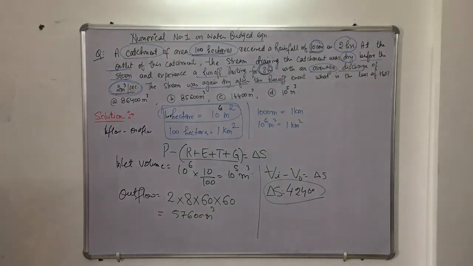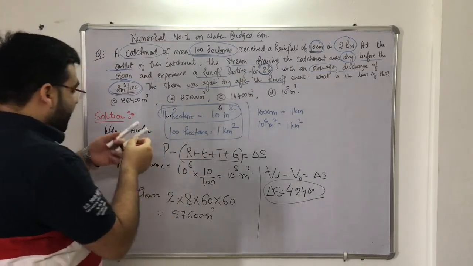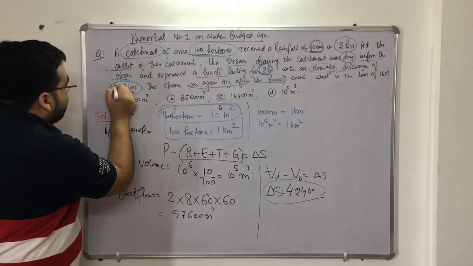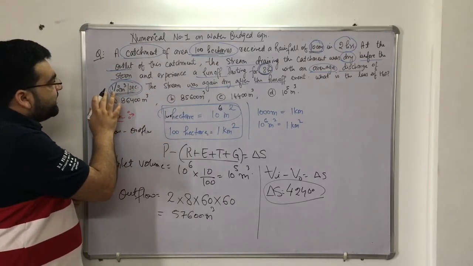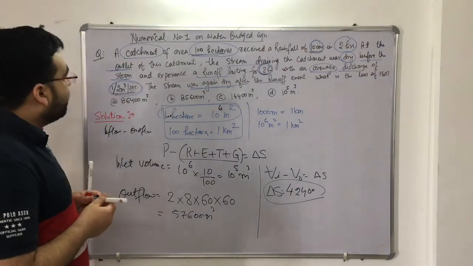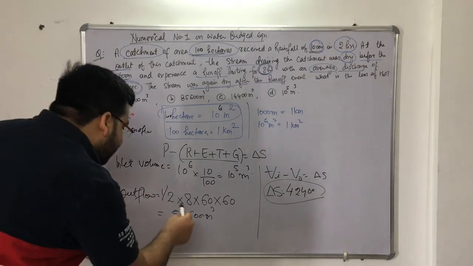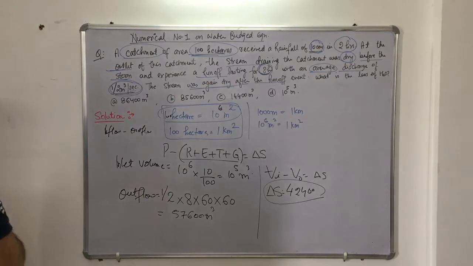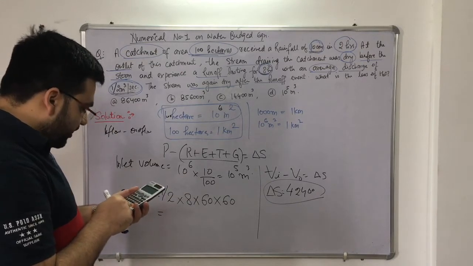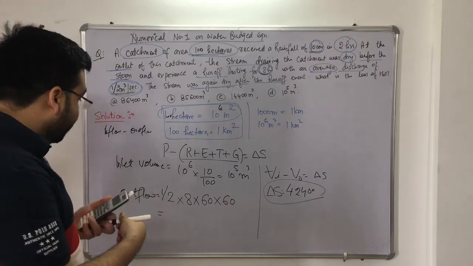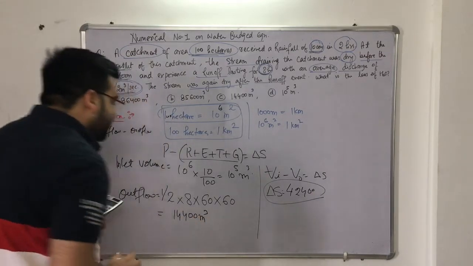So which answer is this? Students, I was just checking the question. In the question, the average discharge is given as 1/2, not 2, right? That is 0.5. In the question it is given to me as 1/2 meter cube per second, so I just wrote it incorrectly. So we have 1/2 here. I will get 60 into 60 into 8 divided by 2, which comes out to be 14400 meter cube. This is the outlet flow.